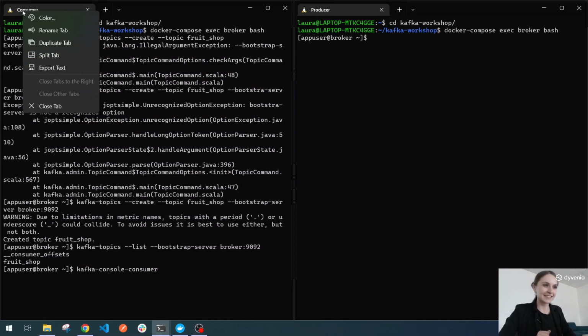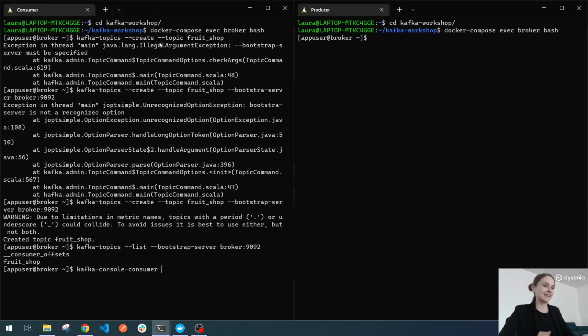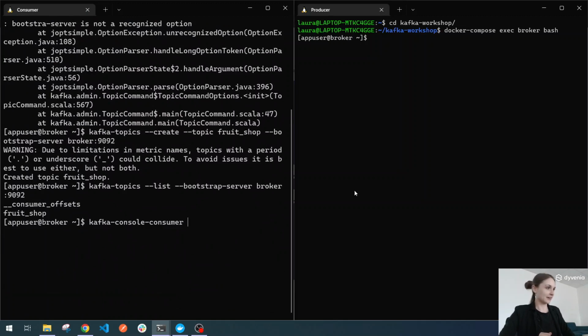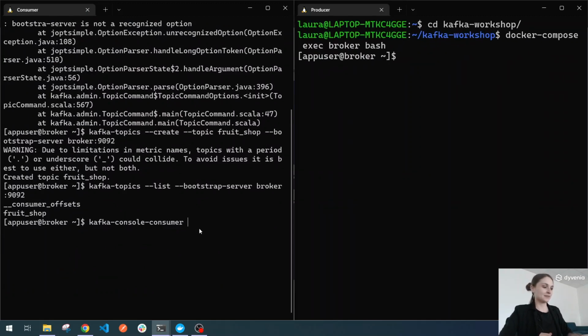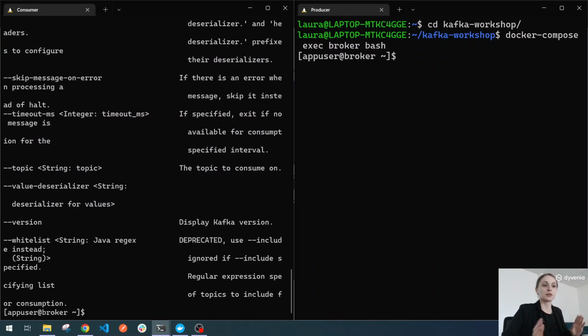Okay, can I change the font? Oh, okay. If I forget the commands, don't worry, it's a simple CLI. I can just type this and it will list all of the commands and flags.